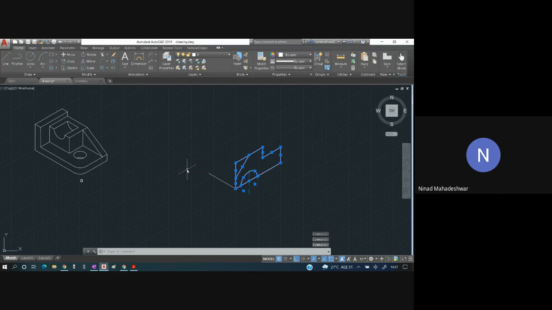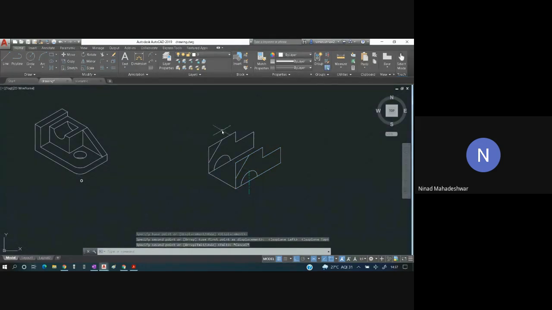This entire front view you have selected. Copy this from this end to that end. While copying this, change the plane with F5. It should be in this plane, so this should come over here. So I have copied this.